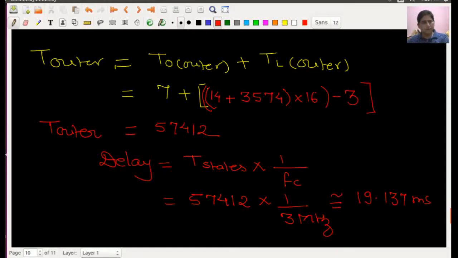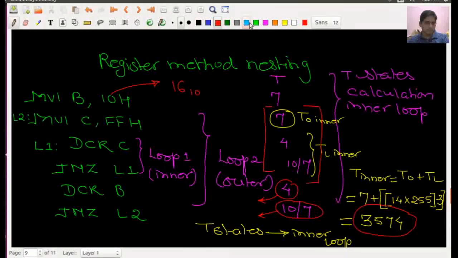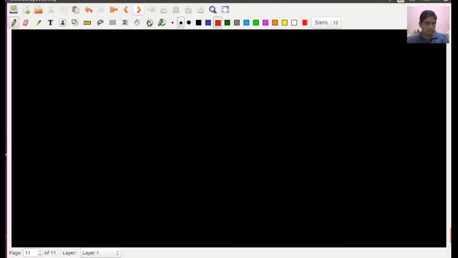I am giving one exercise for you. In the inner and outer loop, I'm writing this as the exercise for you.